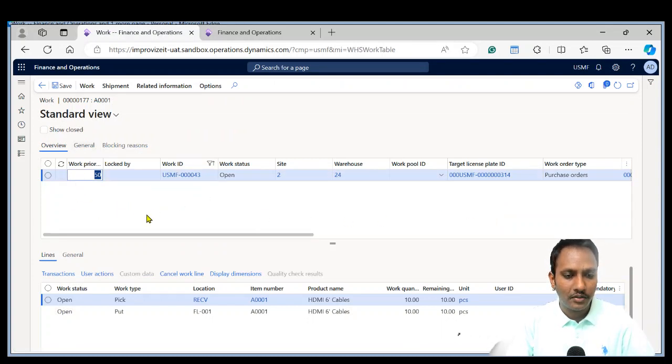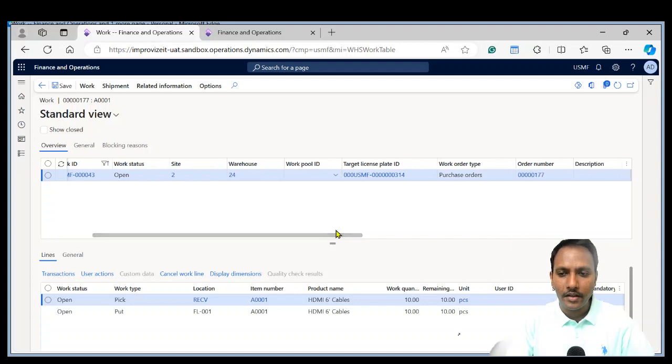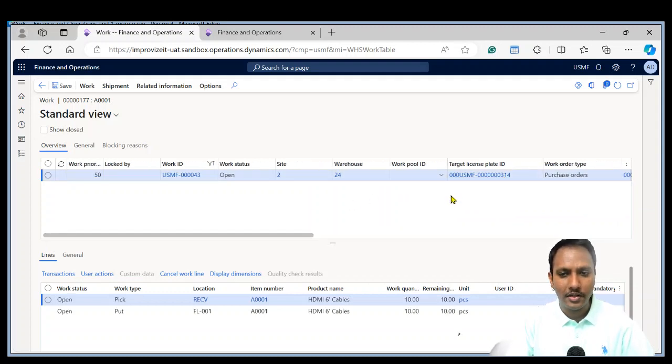So if you notice this work, it talks about the work ID, and this work is for which warehouse? Warehouse number 24. And this work is of what type? So basically this work is for what? It is for purchase orders. And for which order number? That is for order number 177. And it also got you the target license plate. We will talk about it later. So you have got this